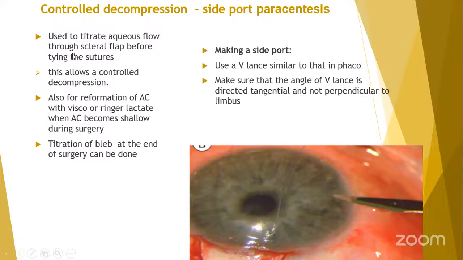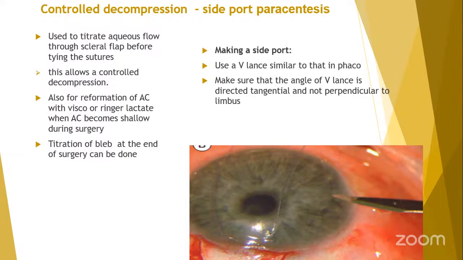The next stage is to now do your side port, your controlled paracentesis. The advantage of doing this is that if it is an advanced glaucoma, you can actually put visco. You can put visco because you don't want the AC collapsing. It's not that you must, but if you're very worried about